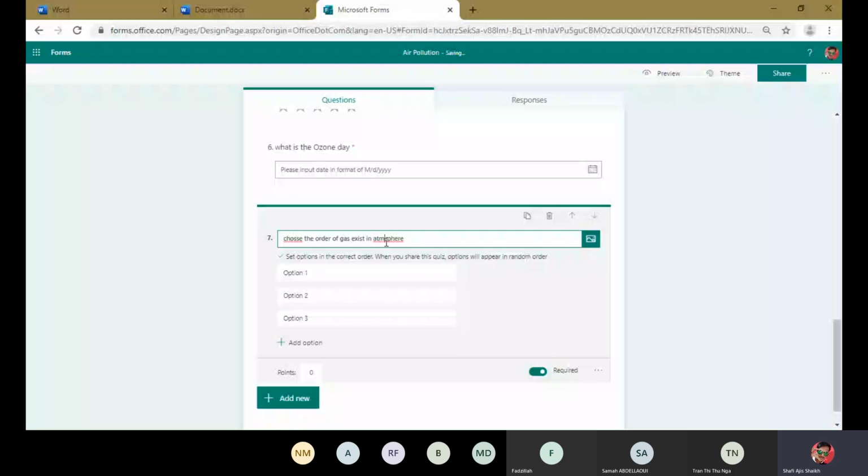I have given this question. Choose the correct order of gas. So I will insert the correct ascending or descending order, like this. Ascending order of gas exist in atmosphere.